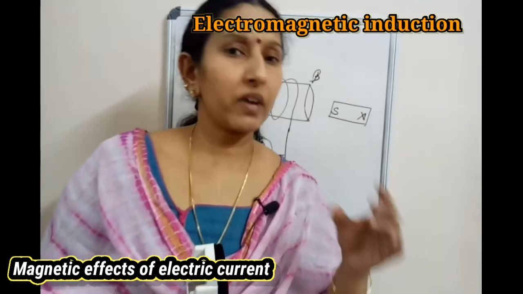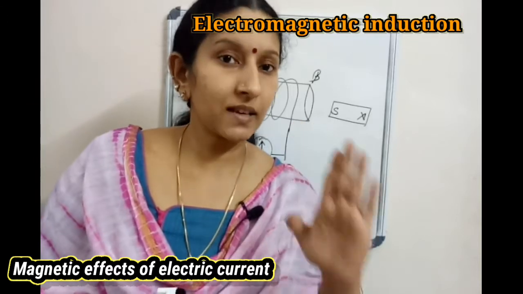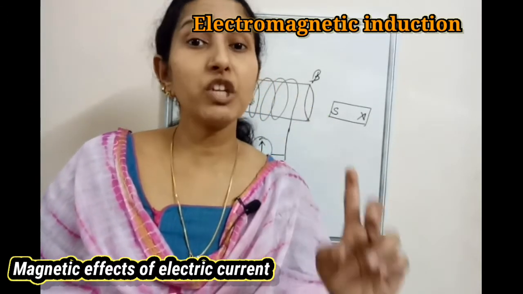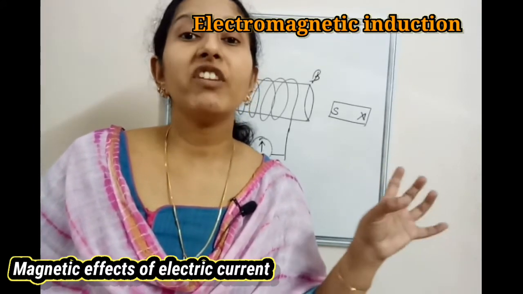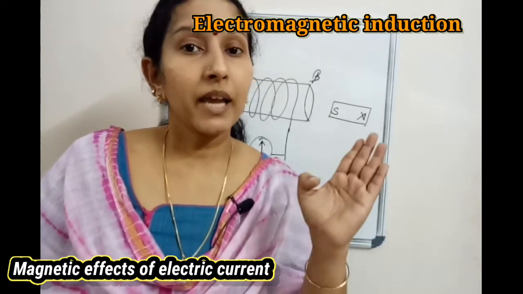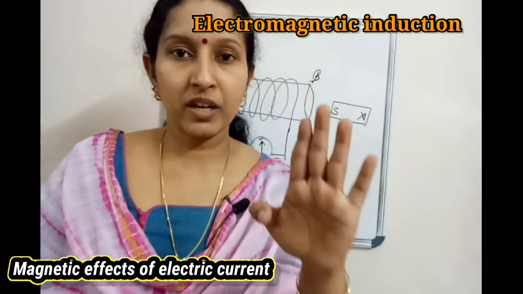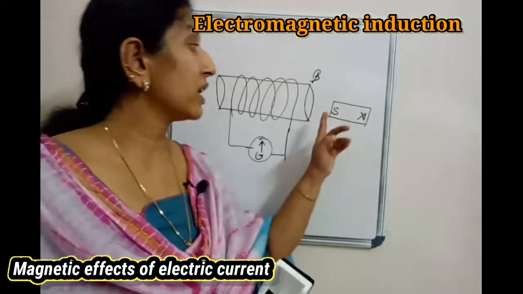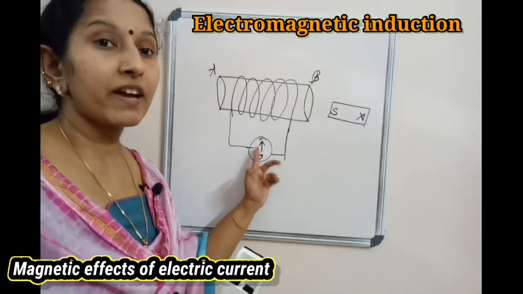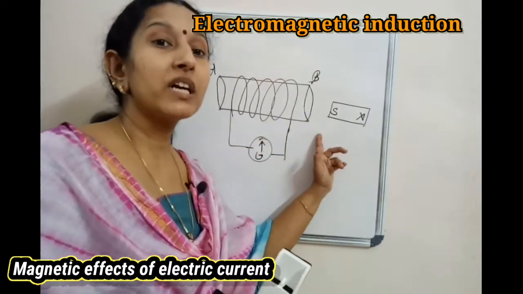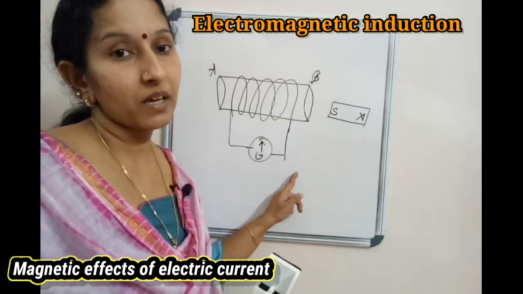Okay, this is very, very important, there is a 95% chance in the exam, so keep it in your mind. When we show the north pole of the magnet towards the coil, the galvanometer needle deflects towards right. When we withdraw the north pole away from the coil, it deflects towards left. If it is stationary, there is no deflection. When we show the south pole towards the coil, the needle deflects towards left. When we withdraw the south pole away from the coil, it deflects towards right.